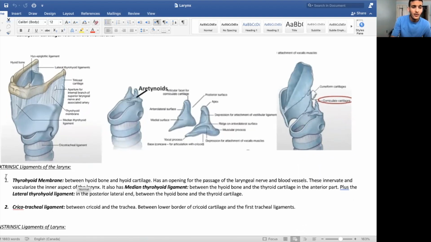Okay, the extrinsic ligaments of the larynx, the ligaments that are found on the external part of it. Here we have the thyroid membrane, the thyrohyoid membrane. From its name, thyrohyoid, that's the hyoid bone, and that's the thyroid cartilage. So the thyrohyoid membrane is basically attached to the superior border of the thyroid cartilage and the inferior border of the hyoid bone. Okay, so here it says between hyoid bone and thyroid